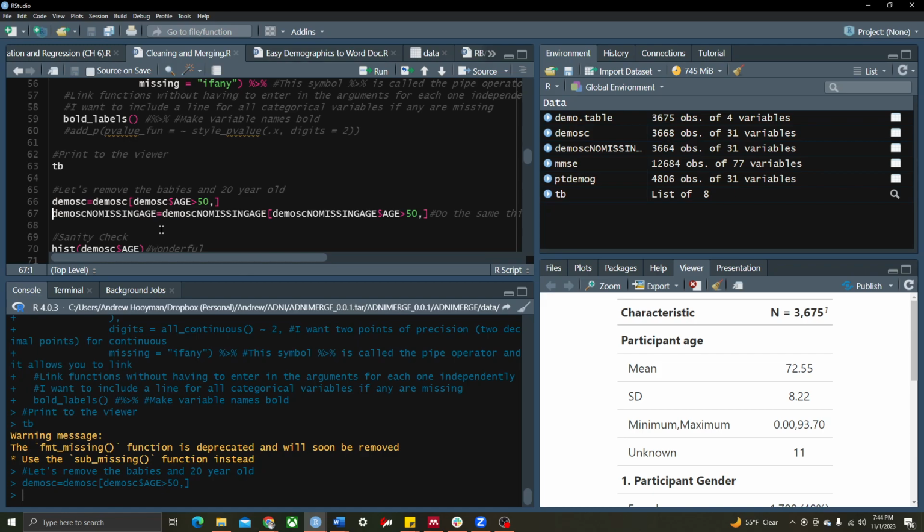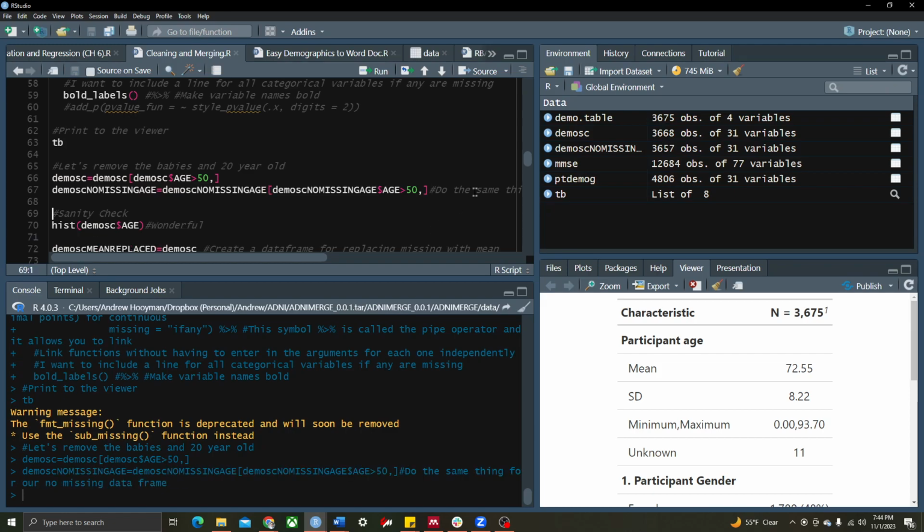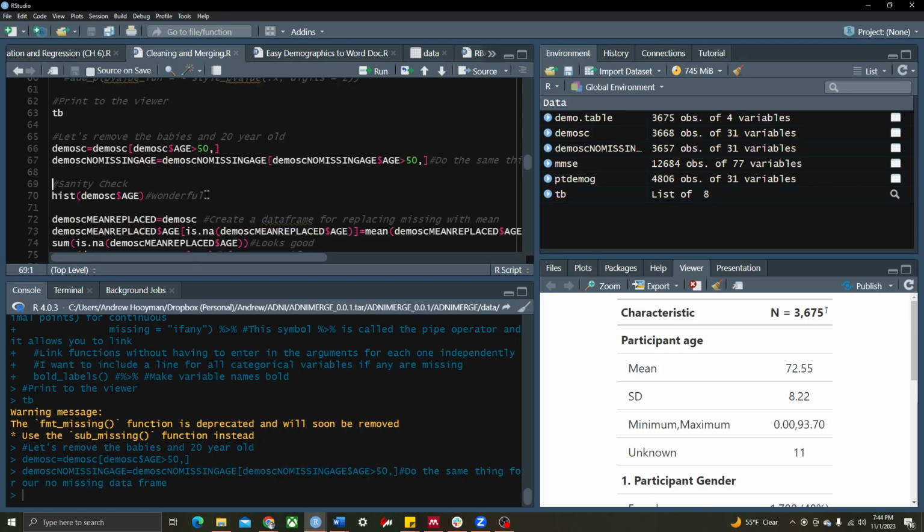And now what I will do is create a new data set called demo SC, no missing age. And again, I'm going to do the same thing to my earlier data set, right? So I had already removed the people who had no age, and then I'm also going to remove now those individuals who are 0 years old or in their 20s, just to clean up that earlier data set. So for my sanity check, I'm going to plot my histogram again for my age variable,